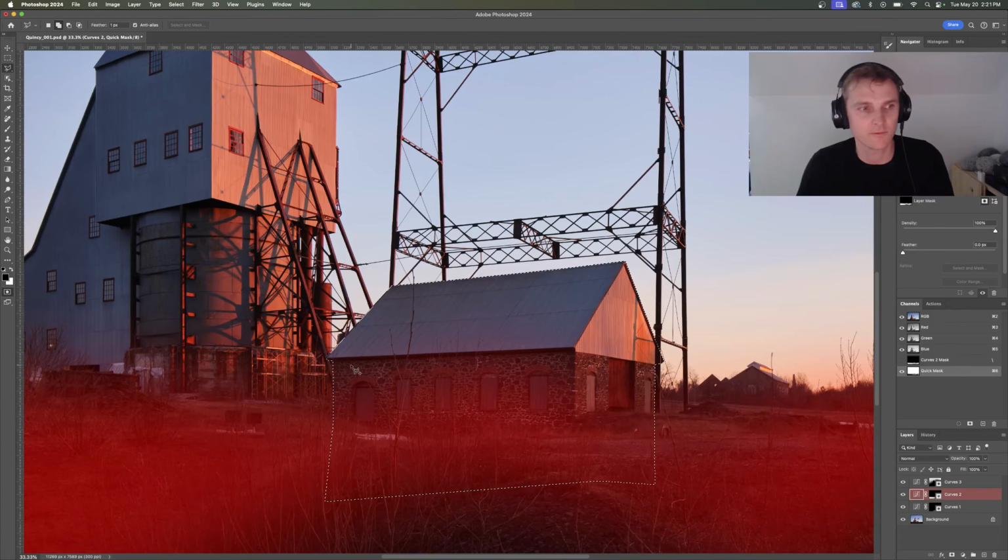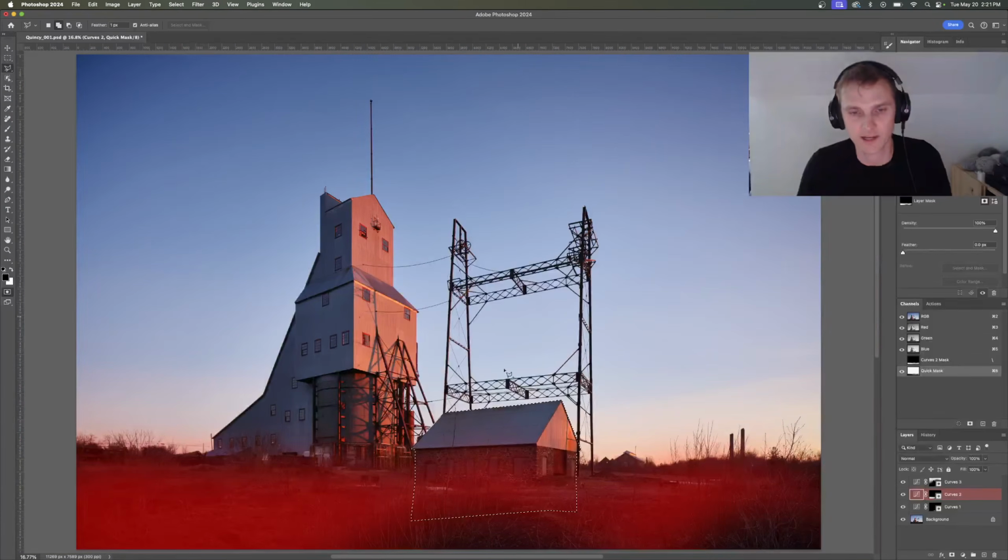there I can show you just the reverse, right? So we're still in quick mask. We've made a selection. Black is my foreground layer, so I'm gonna hit X to reverse that. So black is my background layer. Now if I hit backspace, it's gonna take that out of my layer. We may have to then again